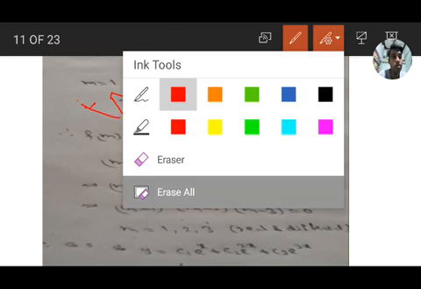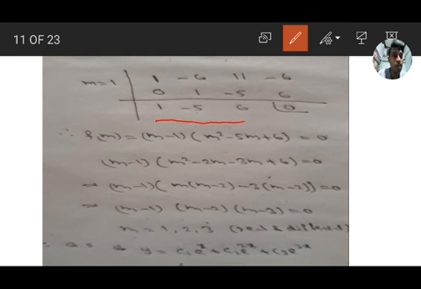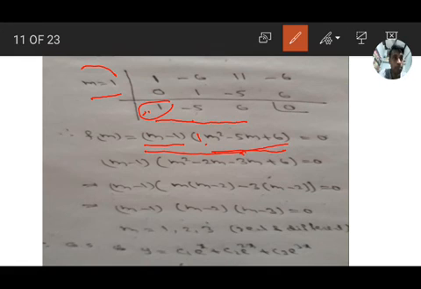After getting these values, 1, minus 5, 6, we can write f of m as: the first factor is m minus 1. Given f of m is third degree, m cubed, we have to start with one degree less, means second order. So 1 into m squared minus 5 into m plus 6, the constant is 6. It is third degree, so we take second degree. 1 into m squared minus 5 into m plus 6 equal to 0. This is the f of m.